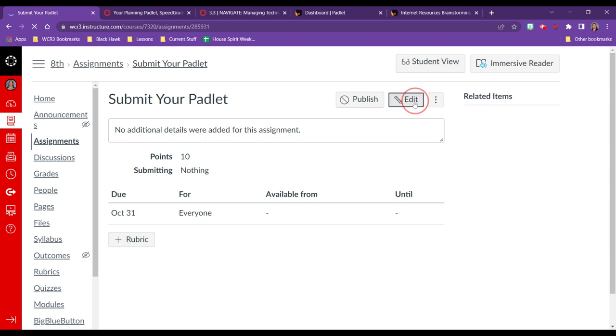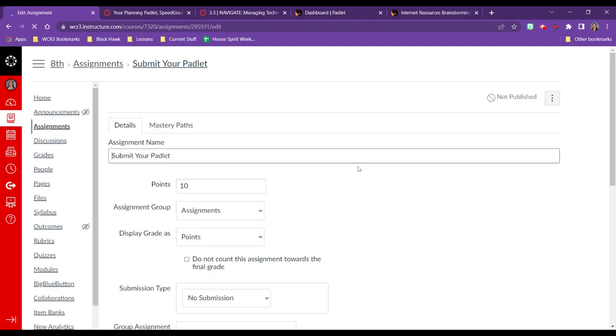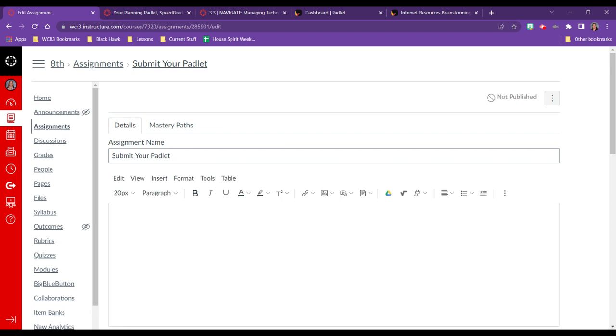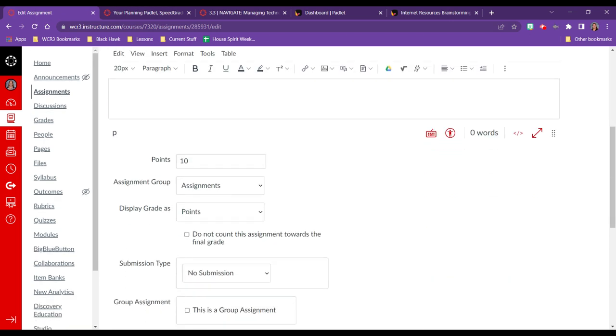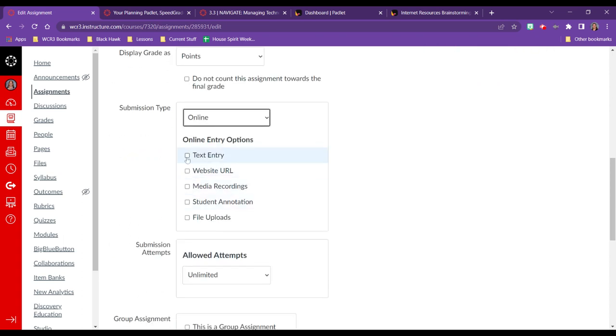And for this, when I went to edit, of course, I put all the instructions up here. But for the submission, I went down here and I clicked on online and I did text entry because I've never used the website URL, but you could probably do that too. But I used text entry,